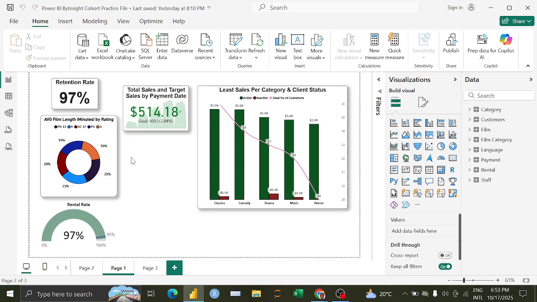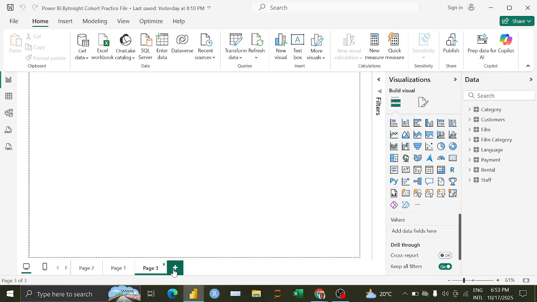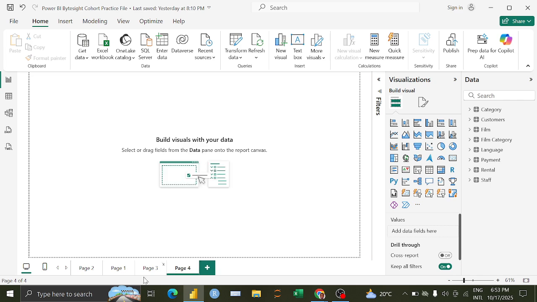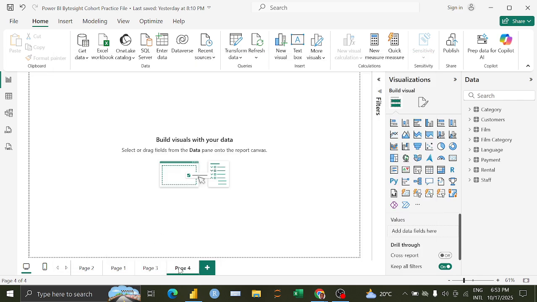So let's continue. Now today, instead of just coming up with something scanty like these ones, I want us now to come up with a very nice organized dashboard. So I'm going to close this one. Then I'm going to rename this one as